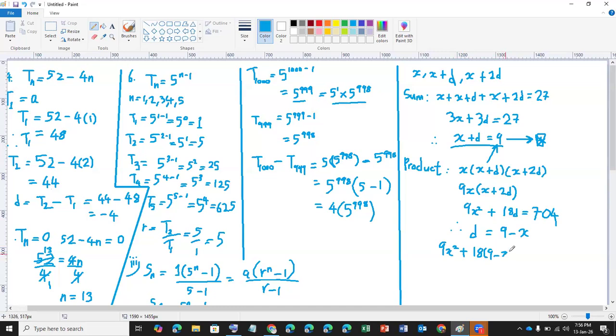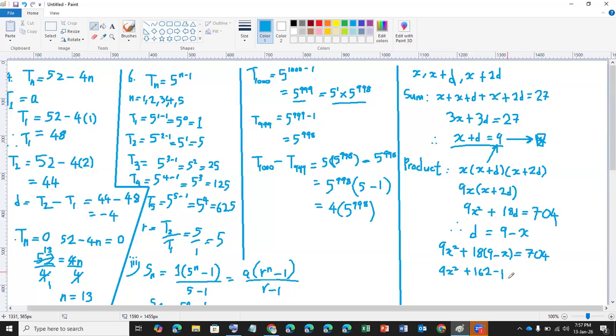And then equals 704. So this will give us a quadratic equation, but I'm sure we'll be able to solve it, maybe using the almighty formula or something simpler. Help me with 18 times 9. That's what I'm going to be having now. 18 times 9 will give me what? 162. Okay, so that's plus 162 minus 18x,